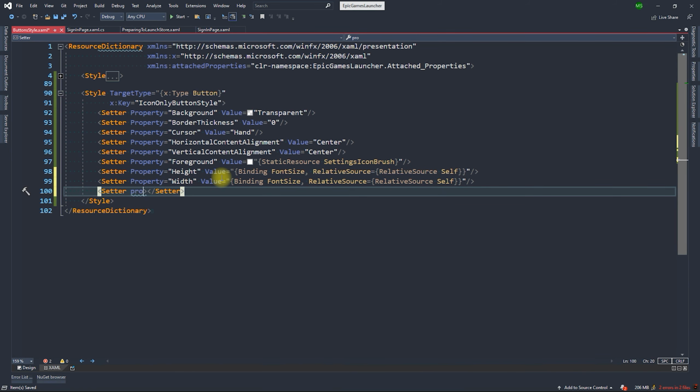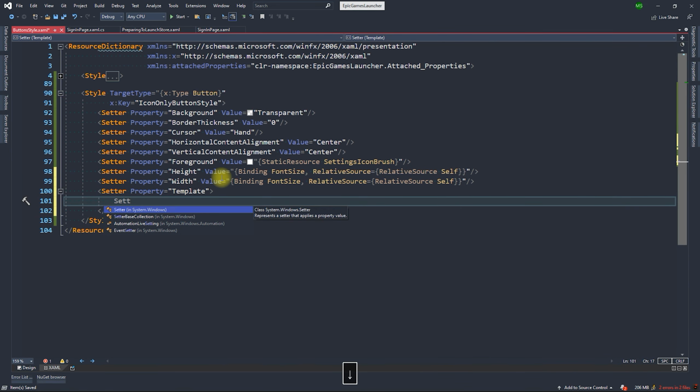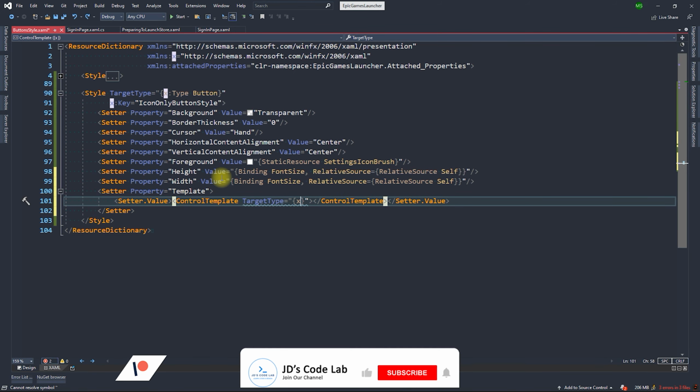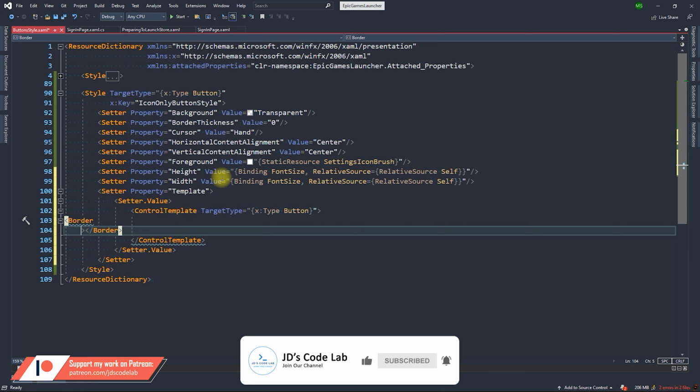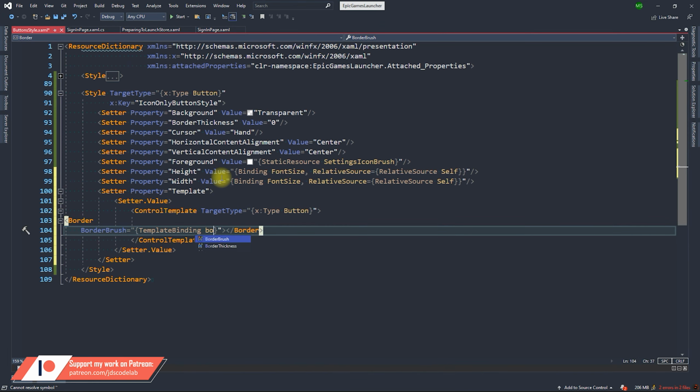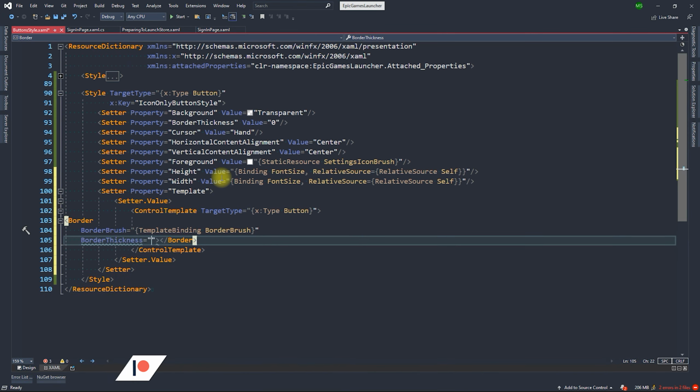Now let's edit the template of the button. Add a control template of target type button. Then add a parent border inside the control template and template bind the border brush, border thickness and background.